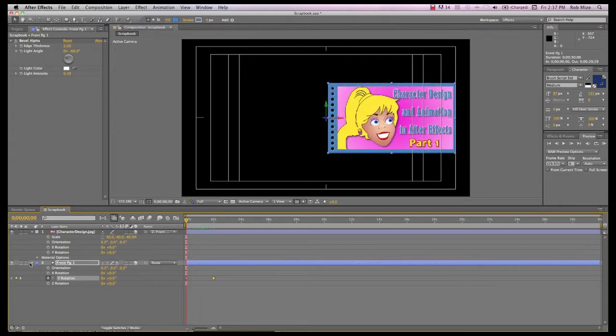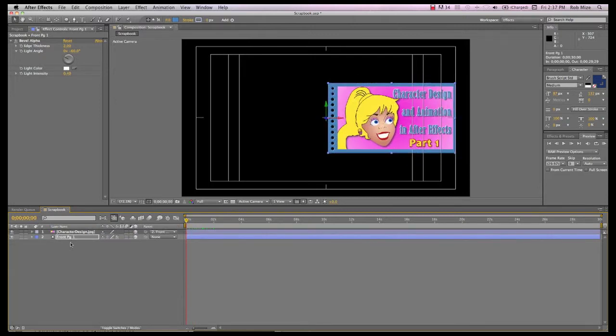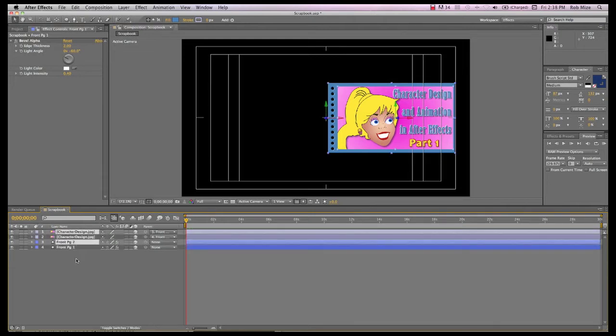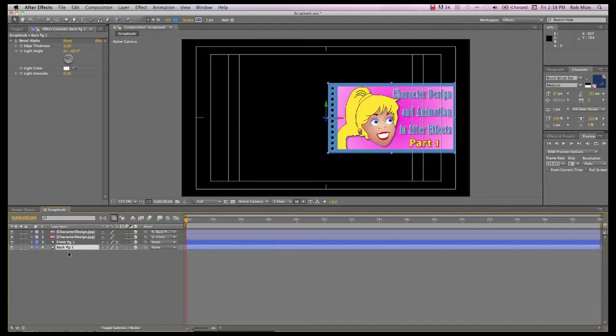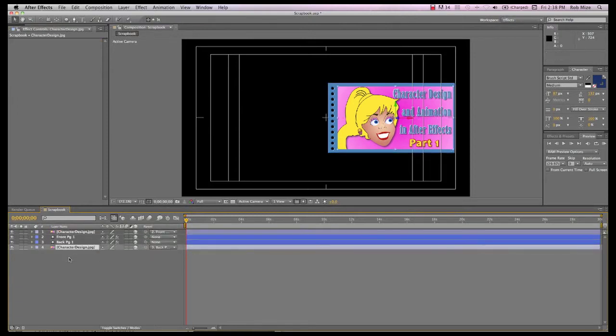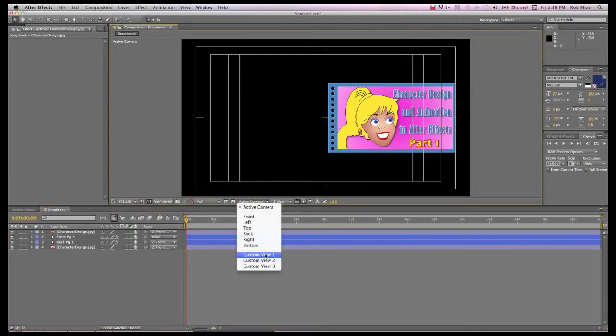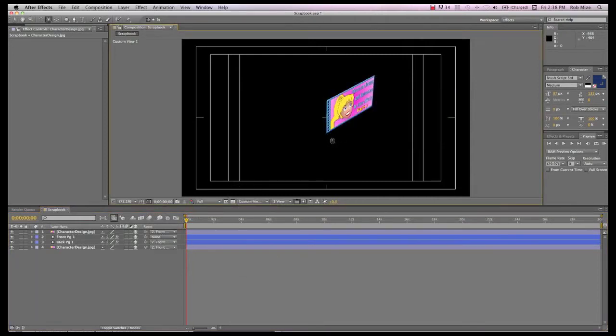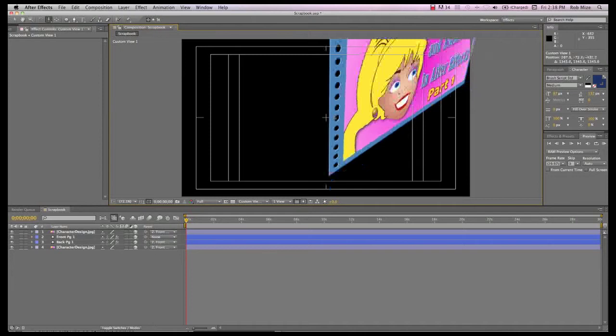Now this is, in my mind, the front part of the first page. So I'm going to duplicate both of these, and now I'll rename this to Back Page 1 and drag it underneath the original, and I'll bring this duplicate graphic down to the bottom of our stack. So these are, in my mind, in the same sort of order that they really would be. Parent the back page and the other graphic to the front page so that everything is controlled by the front page. If we look at this in the custom view, we can get a sense of where these layers are in Z-space.